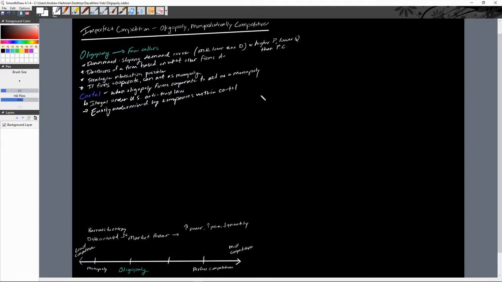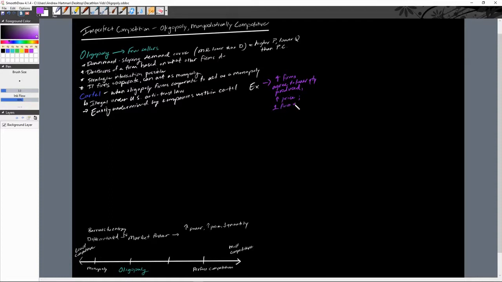I'm gonna put it in a different color. There we go. Example. So there's 4 firms, and let's say all 4 firms agree to lower quantity produced, which of course will lead to an increased price of the good. So all 4 firms agree to do this, but what happens instead is one firm